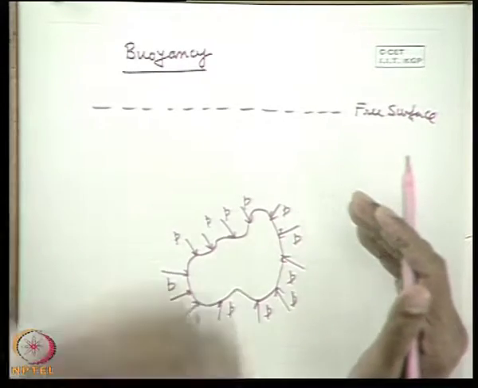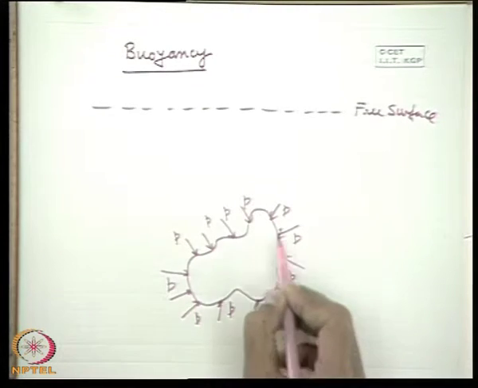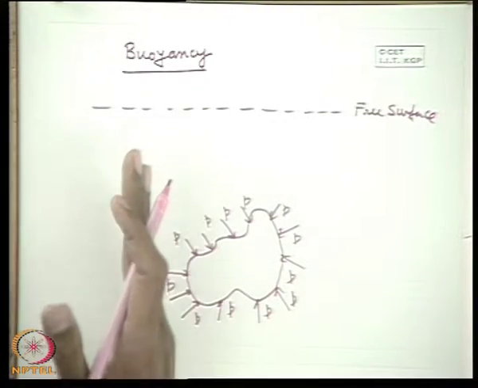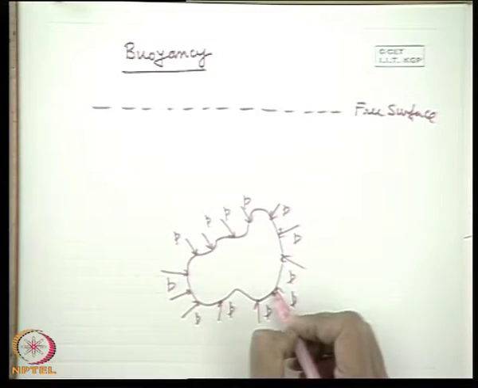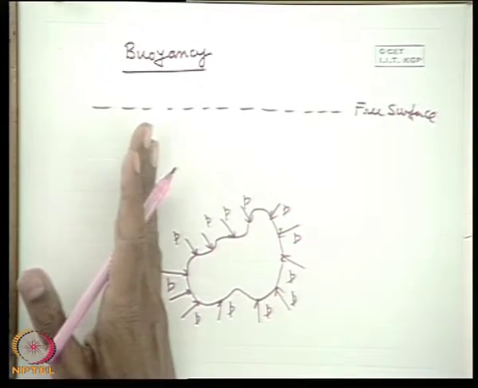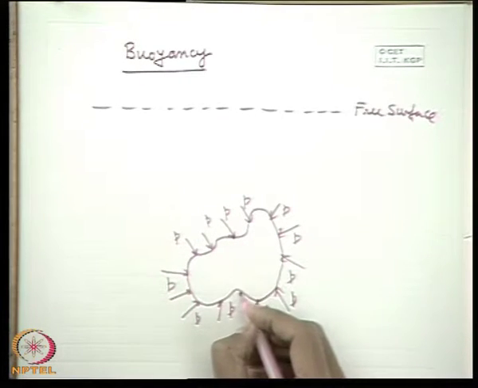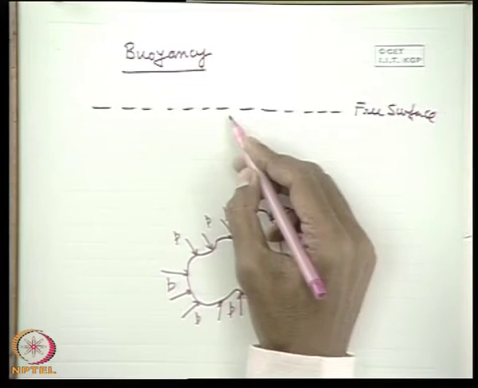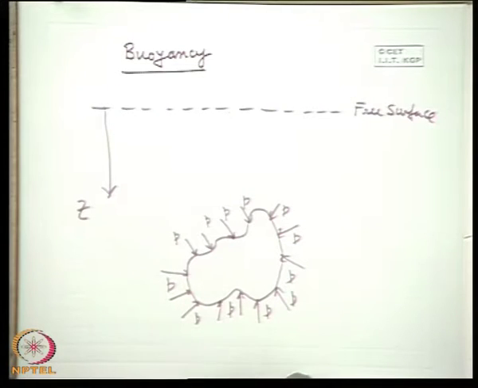Now if we apply our earlier knowledge that the resultant force component in any horizontal direction on a curved surface is equal to the force on the projected area on a plane perpendicular to that direction, and this curved surface is a closed curved surface for a body, whose projected area in any plane is 0, then the concept tells that the net hydrostatic force in any horizontal direction is 0. But it is not so in the vertical direction. Why? Obviously in the vertical direction, the pressure force at this point and the pressure force at these points can never balance, because they differ in height, because this is Z, and pressure increases with the increase in Z.